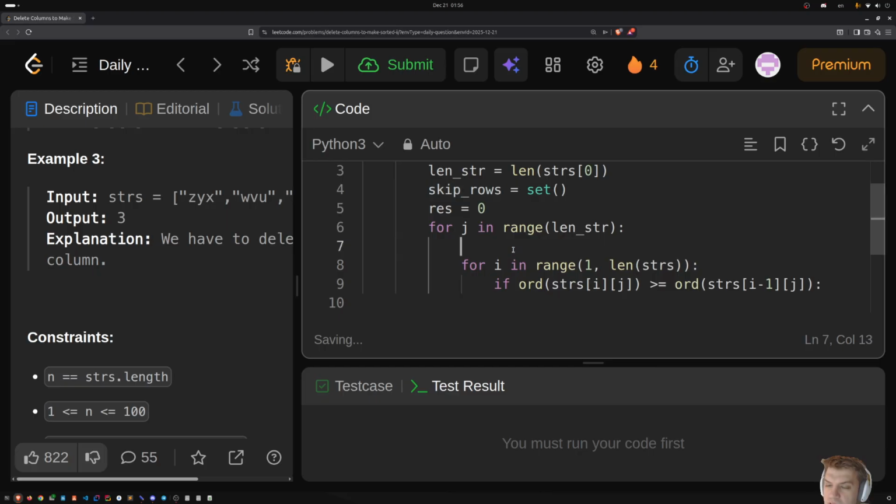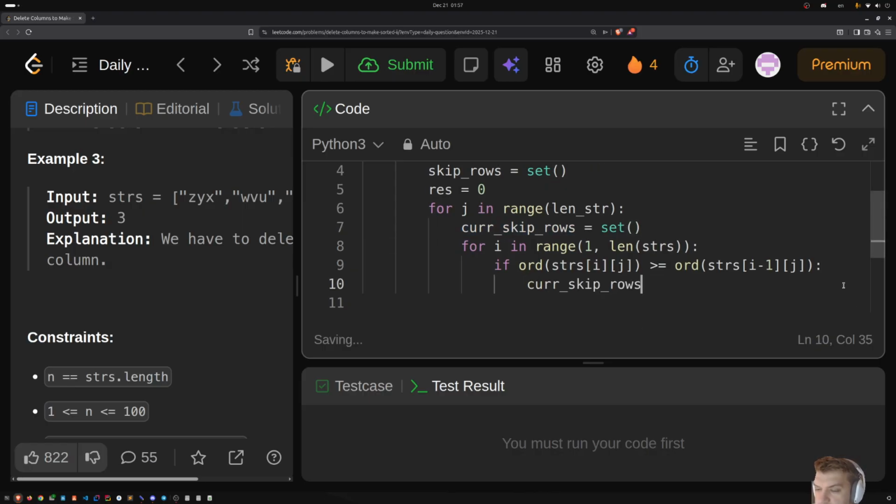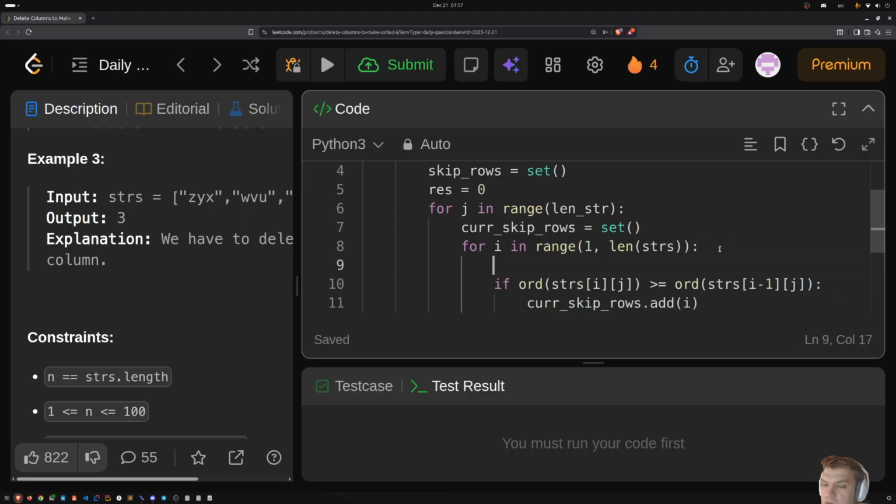So it's going to be cur skip rows equals set. So I'm going to add it to cur skip rows, add i, and then here if i in skip rows,